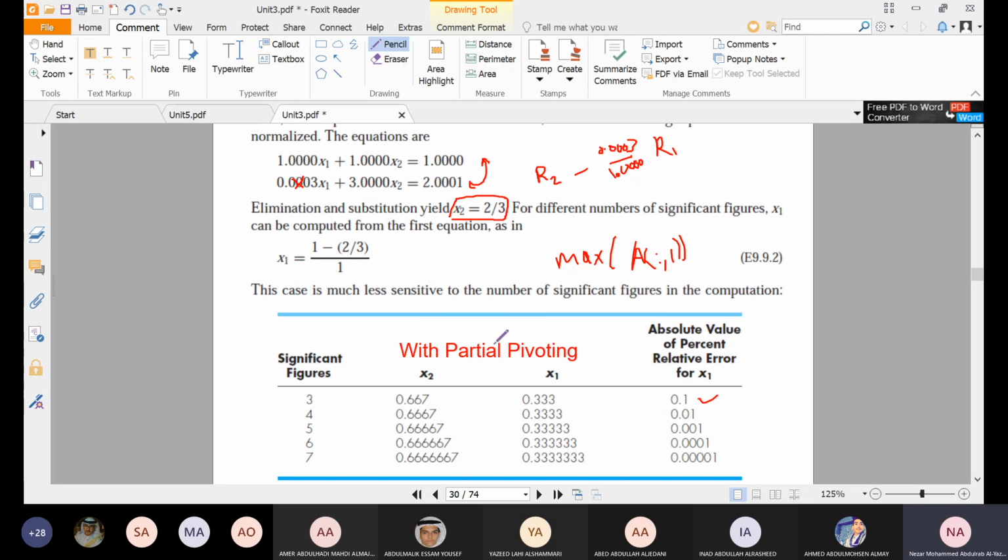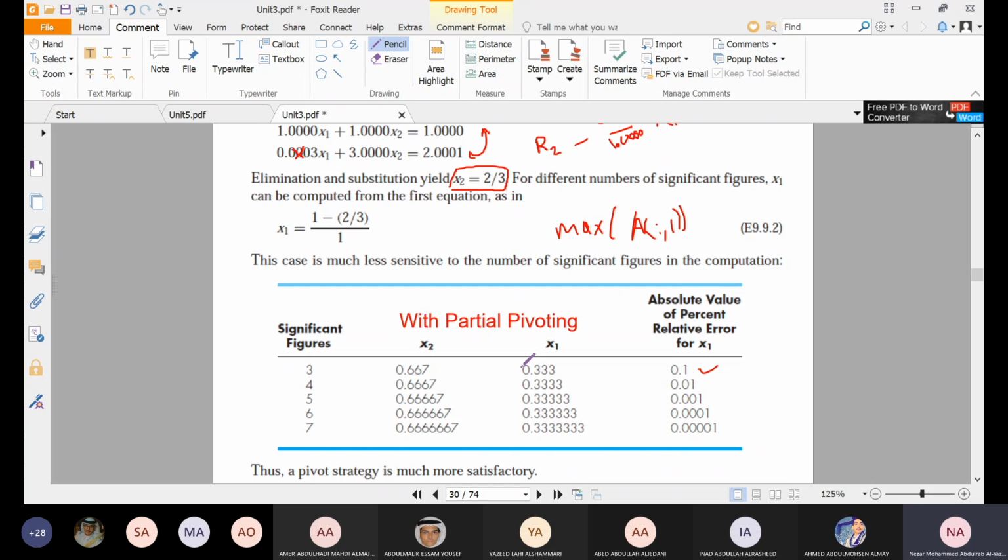Okay, so this partial pivoting solves one of the major problems: if the coefficient is 0, or the pivot element is 0, or the pivot element is very, very small compared with the other elements in the same column. But sometimes, ya shabab, if we do the partial pivot, it can also cause some errors. We need a more advanced method. It's not a huge error, but a little bit. Yani, if you compare this with